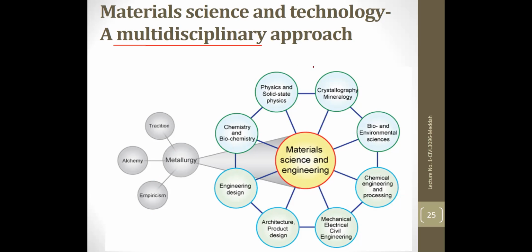Without having some background from these major disciplines and areas, you cannot understand materials science. And this is simply why we require, as a prerequisite for this course, that you have already taken physics and chemistry, and of course some basic knowledge about mechanics. So this is what justifies the multidisciplinary approach, because you need knowledge and background from different disciplines.